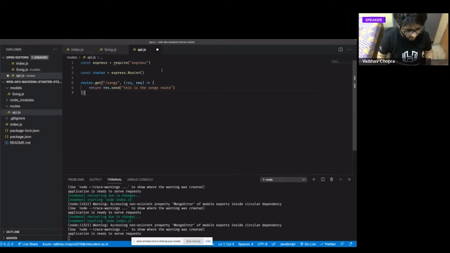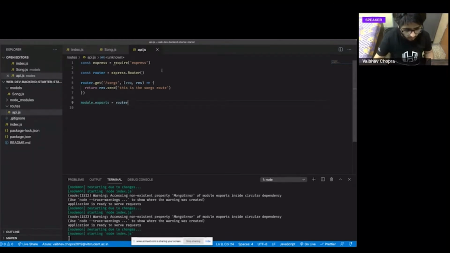Once you make a router and you add a get request to it, you can export it using module dot exports router. Okay, so now the router has been created and it has been exported from the file as well.